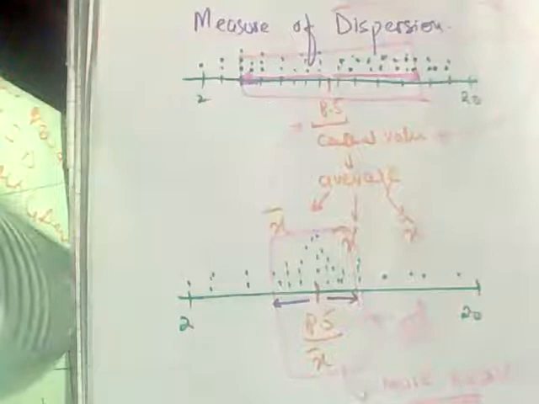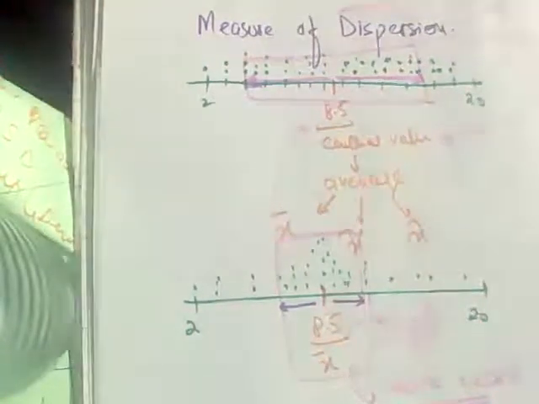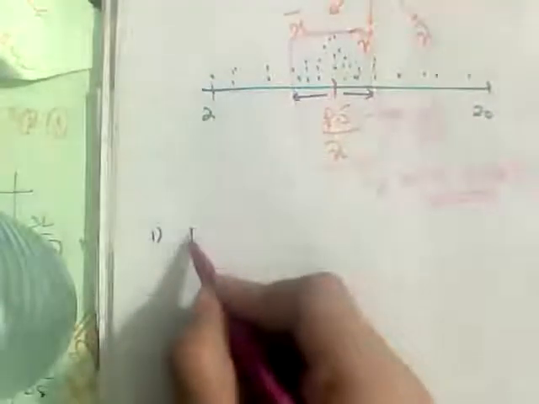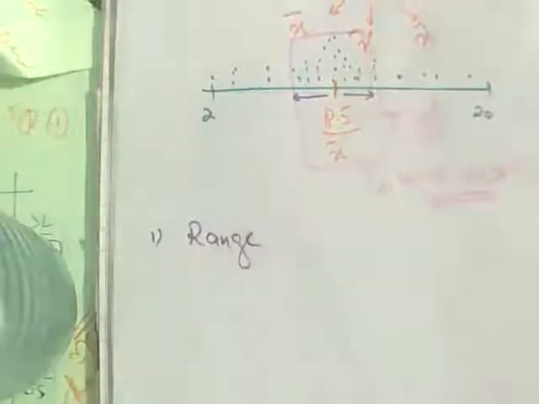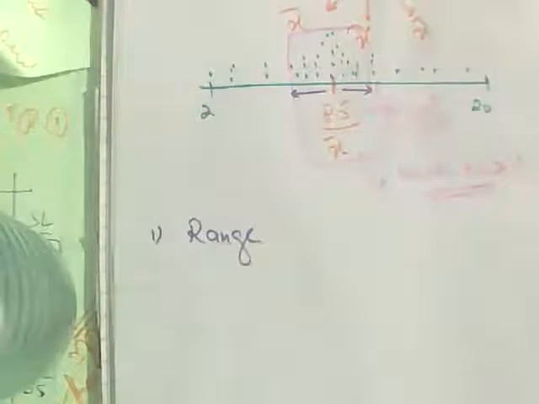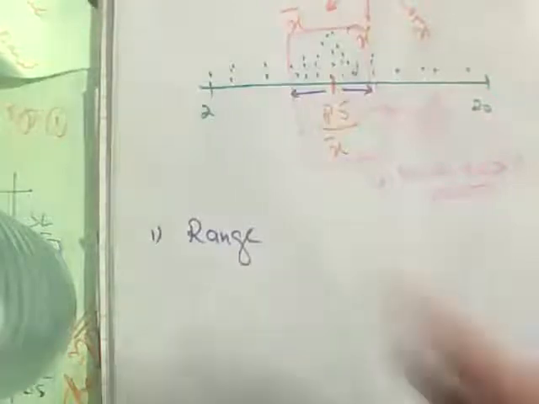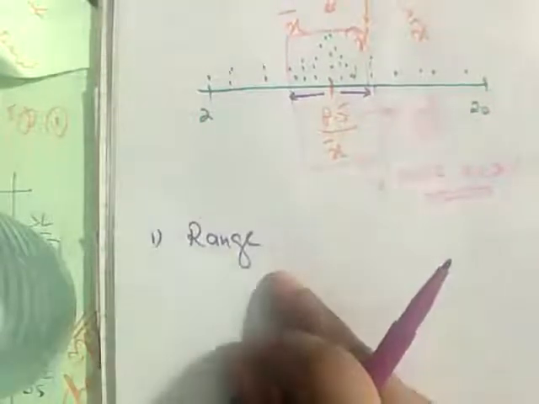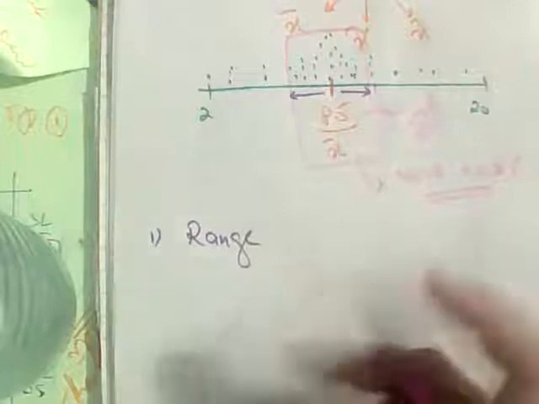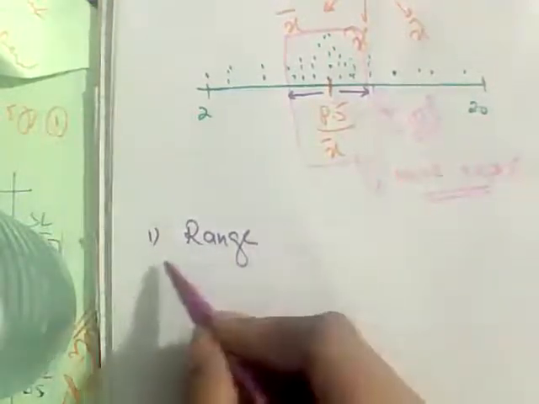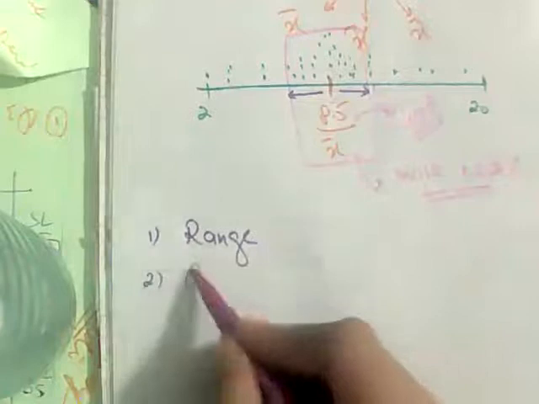Now there are a few methods which we will learn. What methods are we going to learn here? First is range, the easiest to calculate, and obviously since it is quite easy, it is not even a very good picture of the answer, but in most cases we do use it because it is quite convenient and easy to use. So range, then we have